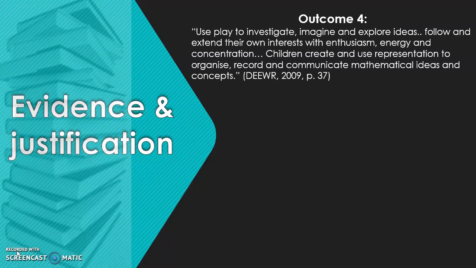Evidence and justification. The Early Years Learning Framework has many outcomes which assist educators in maintaining appropriate standards in the early years and assist in creating in-depth learning experiences for every child. Outcome 4 and 5 directly relate to this learning experience as they acknowledge the direct importance that imagination, socialisation, and verbalisation in the early years has on children. Furthermore, they signify how crucial an understanding and incorporating mathematics and numeracy in the early years is fundamental to learning. The outcomes state the following.